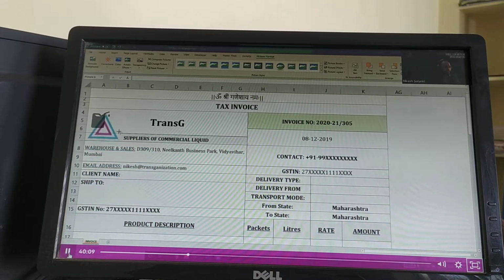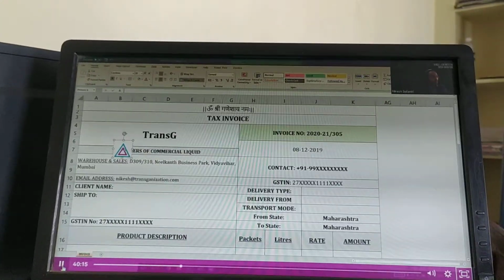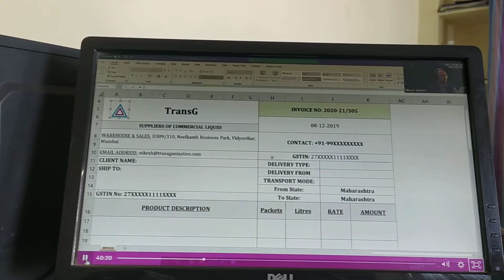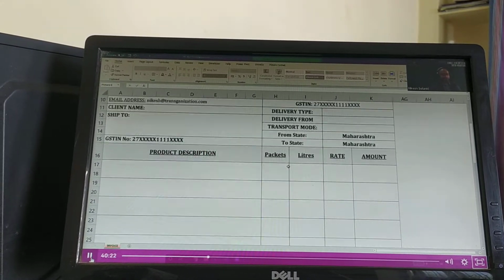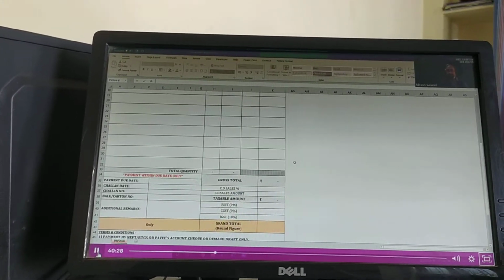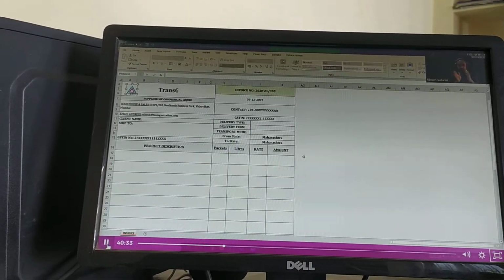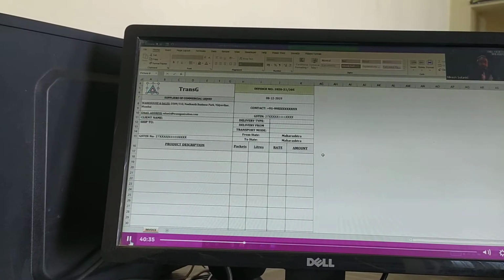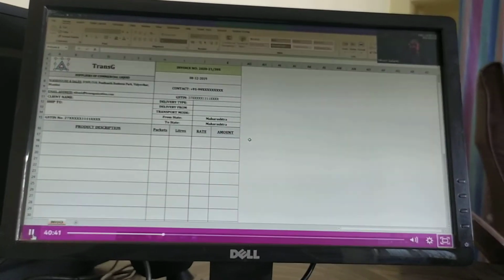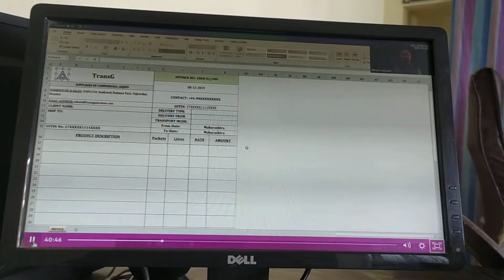I'm assuming these are basic features. This will help you reduce the size, and I'll replace this logo with this. So this gets placed here. The rest of the things are completely locked. Now I'm going to make this invoice workable with an if condition: if the buyer and the seller both are from Maharashtra, obviously CGST, SGST should work. And if the buyer or seller दूसरे state से है, तो obviously SGST, CGST should not work and only IGST should work, right? This is an if condition that we're using.